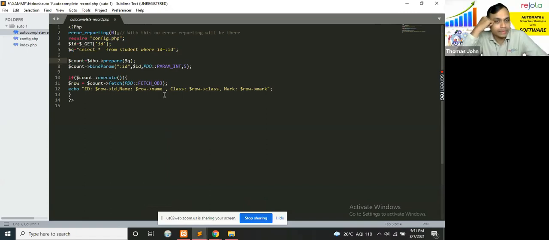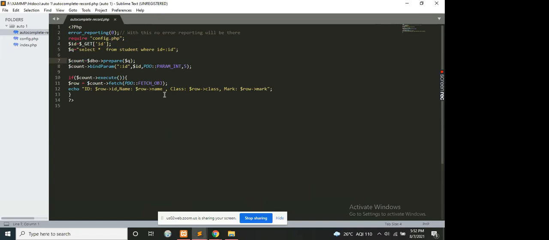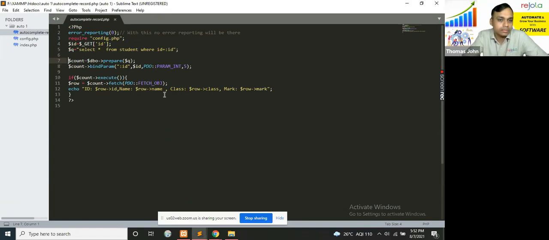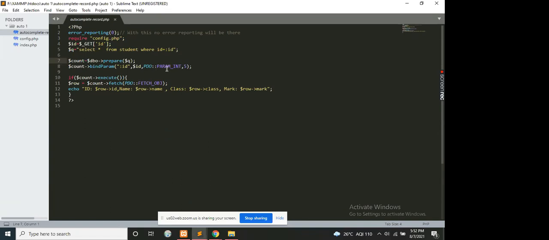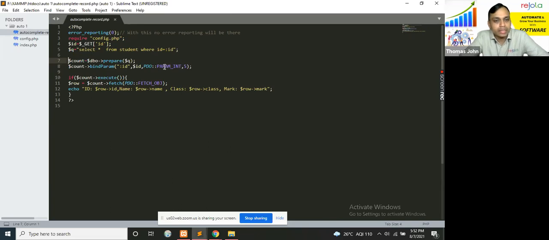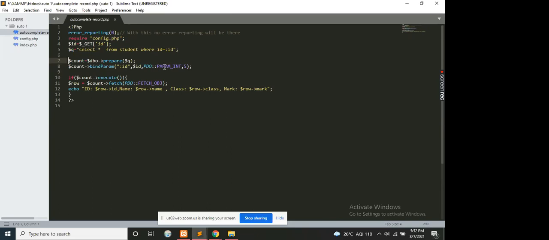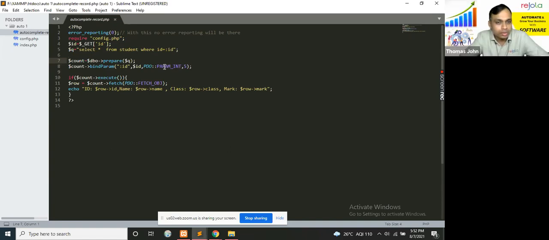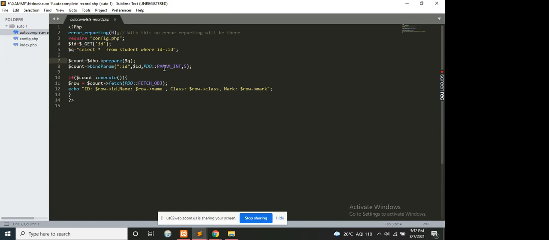You're not able to understand 7 and 8. I understand this is fetching from backend the ID, name, marks, and class, but I don't understand this param identify and bind param. Okay. Basically, you're preparing an SQL statement there.